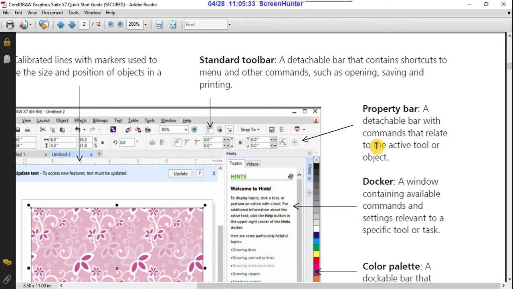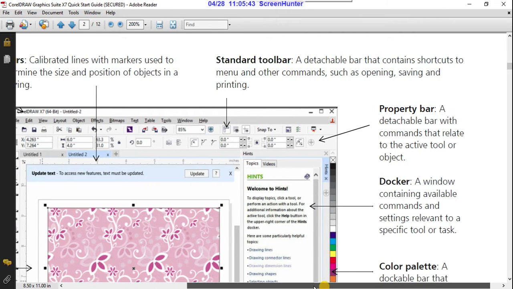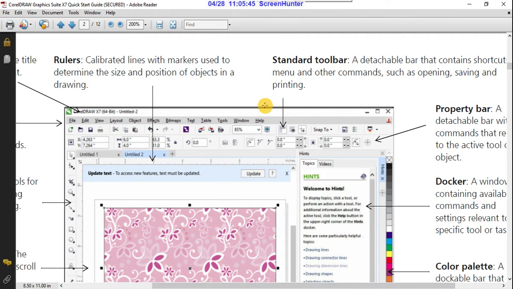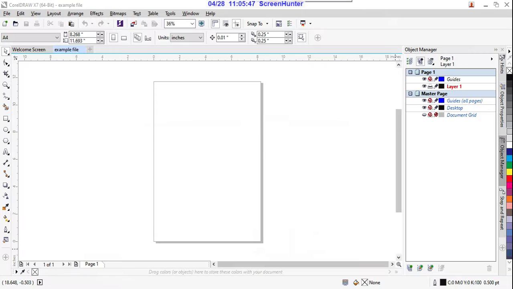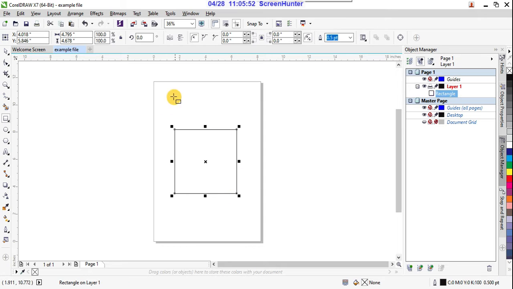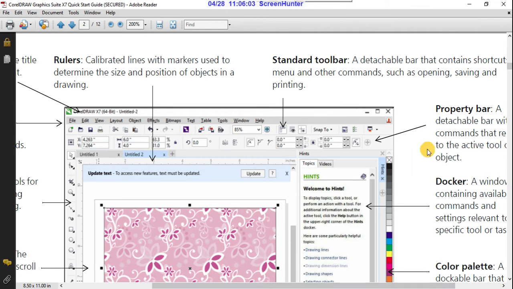And after that the property bar is there, a detachable bar with commands that relate to the active tool or object, right? When you use any tool, the property bar gives some information about that tool. So it is the property bar.